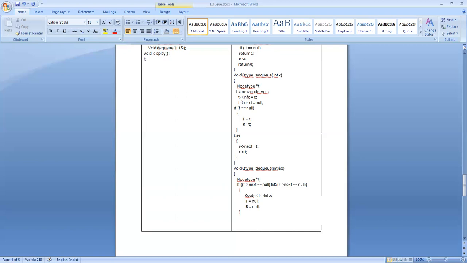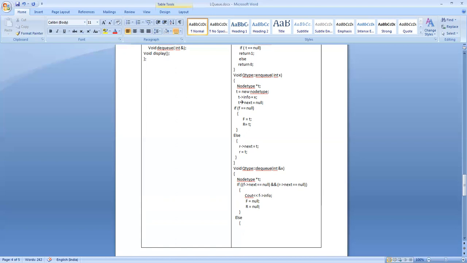Else, if it is not a single element queue, as I told you already, you make this auxiliary variable t point to what front is pointing to.